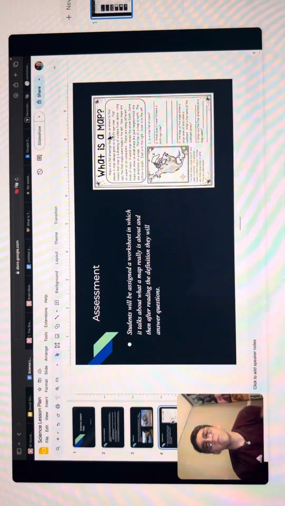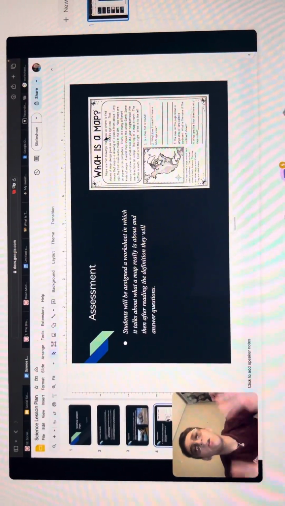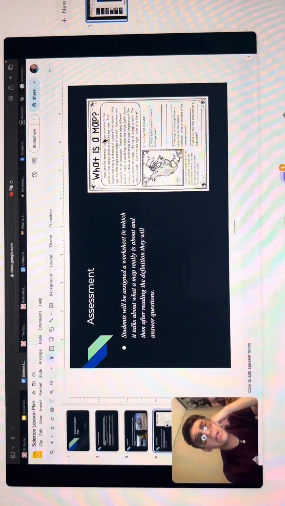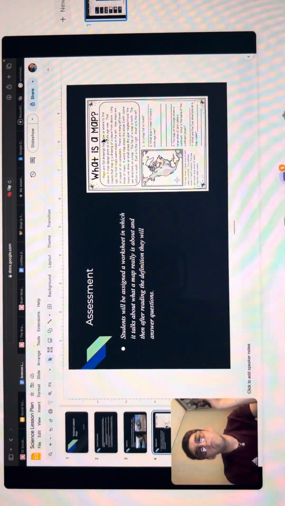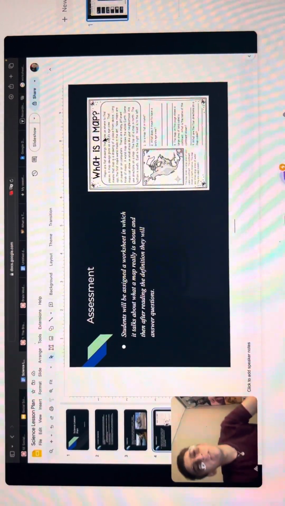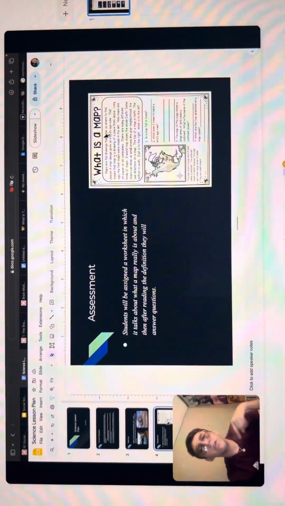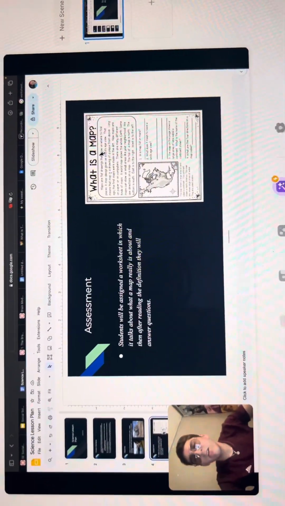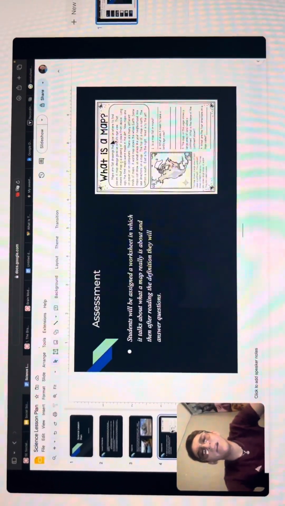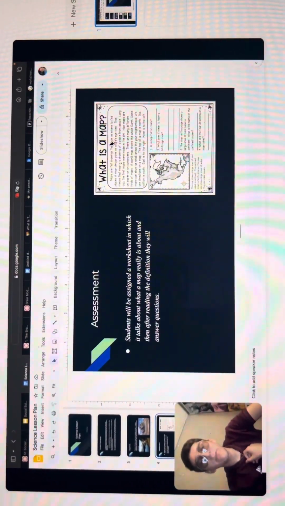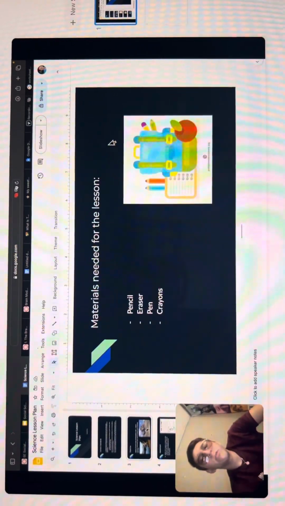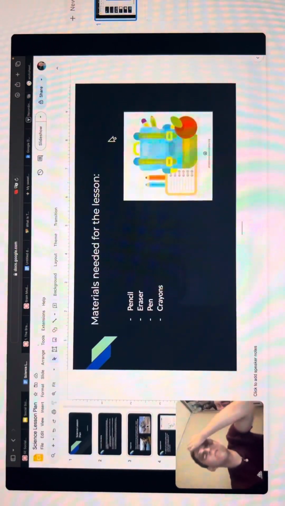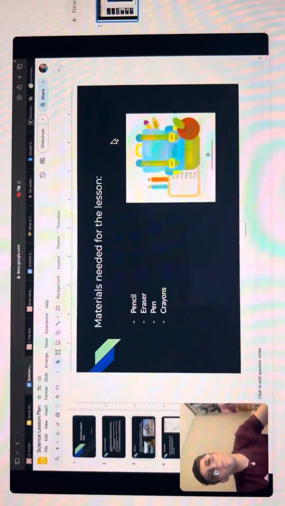for example, in this case I would have them coloring the map of the United States. So not only are they going to be hearing the lesson, but they're also going to have their hands on an activity. So I think this is perfect for me. Some of the materials are going to be a pencil, for them to label the maps, the names and all that,